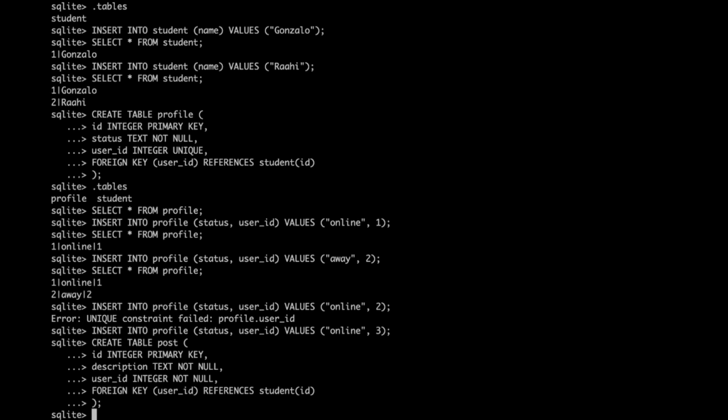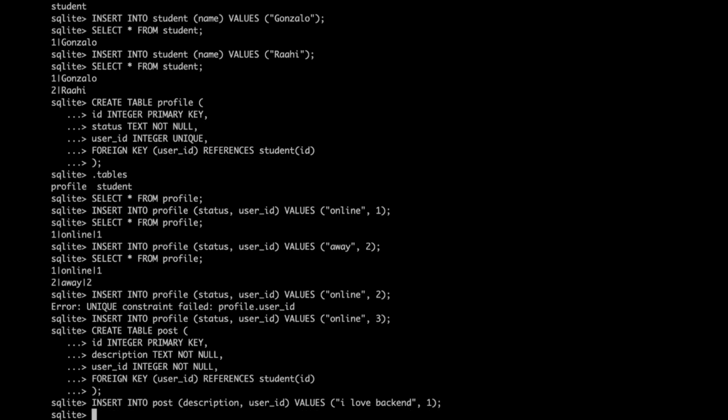So let's make a post for me. Say insert into posts. I want a description and I want my user ID. Let's say I just did the assignment. I did assignment 1, I really liked it, so I just post I love backend. And this is my user ID. So let's check that. If I were to select everything from post,